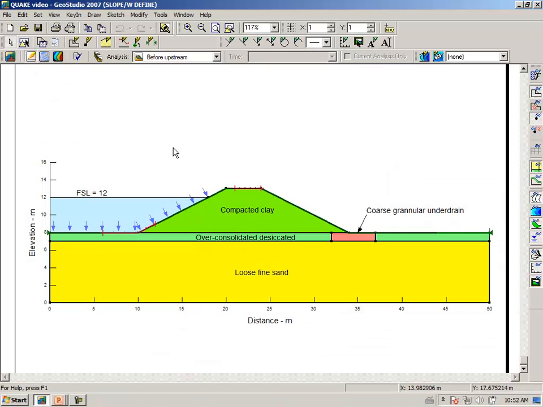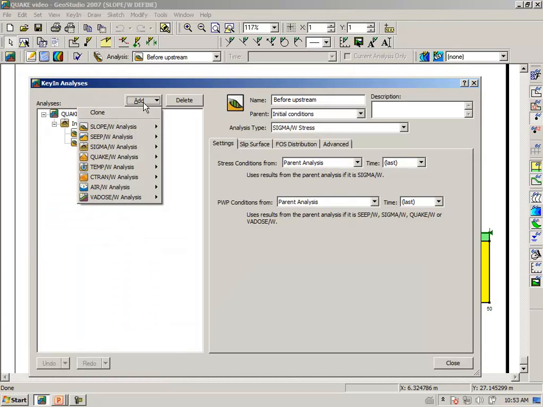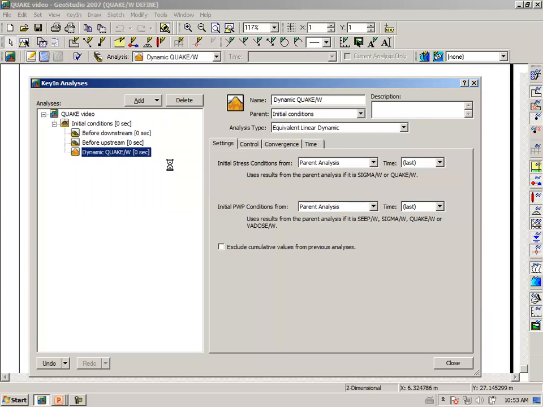So the next step is to set up a dynamic analysis, and then we are going to proceed with defining the soil stiffness, damping, and softening properties. To begin with then, under Key in Analyses,